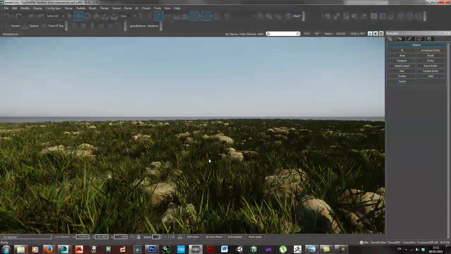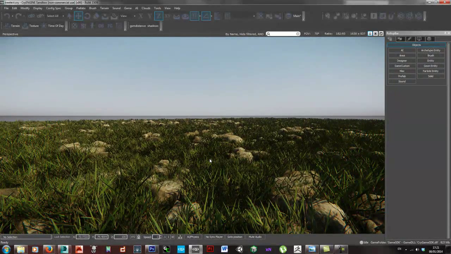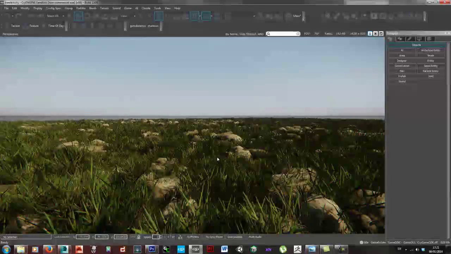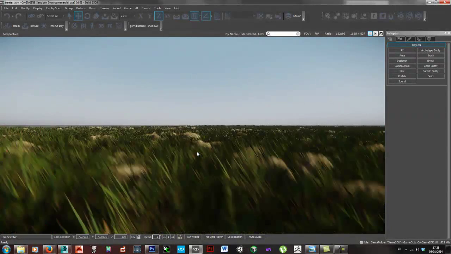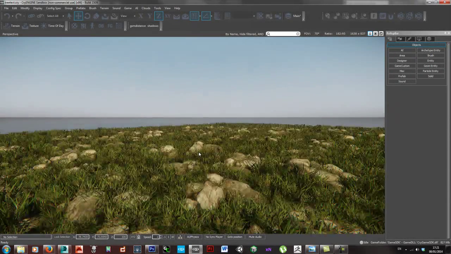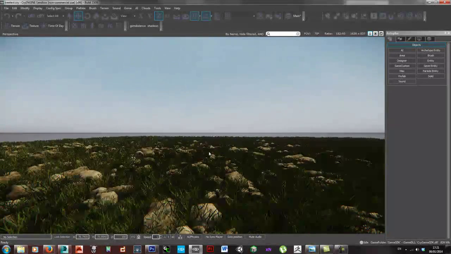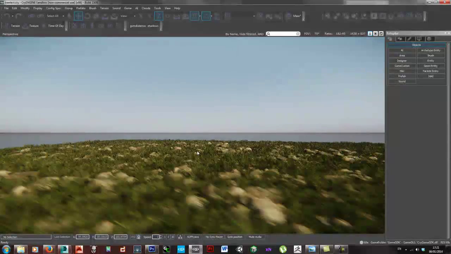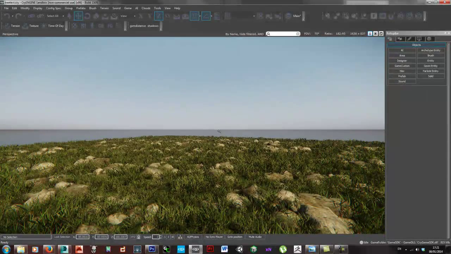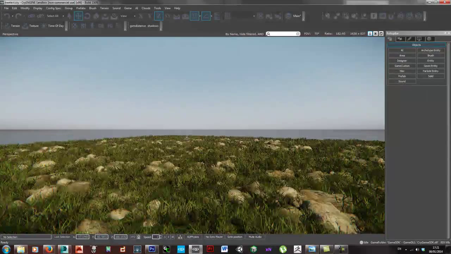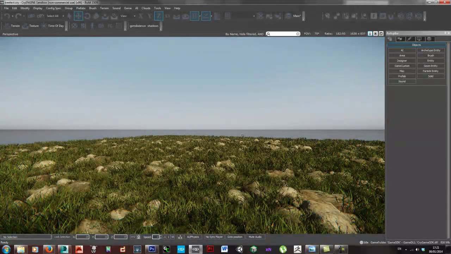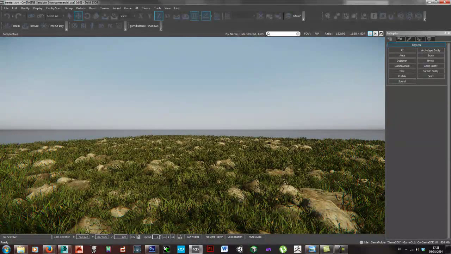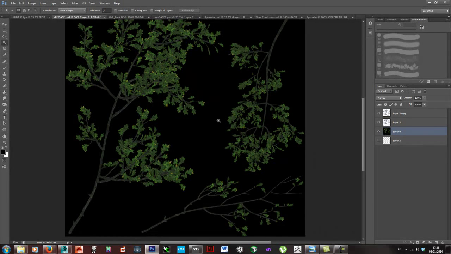This is the grass from my tutorial on making grass, so you can follow that if you want to see how that was done. But there's nothing special about this scene at all. I've just scattered some stuff around so that we have something a bit nicer to look at. I've probably gone a bit overkill on scattering the rocks, but anyway,